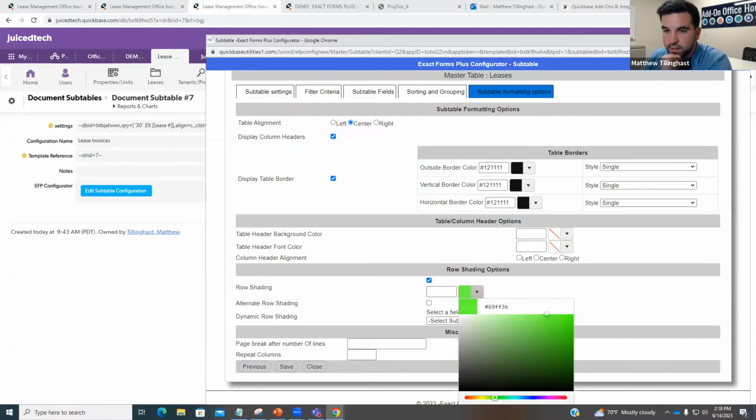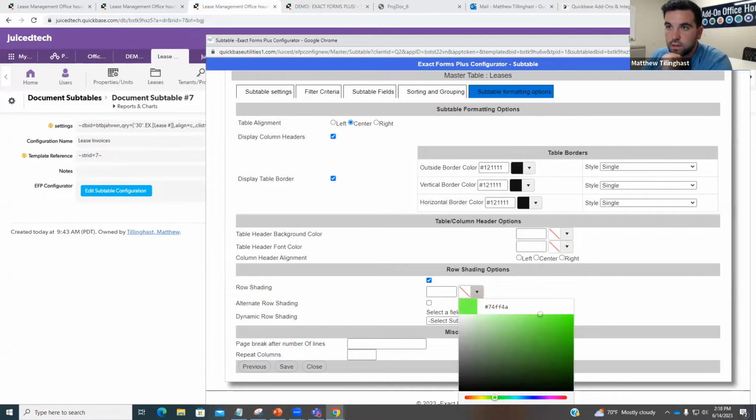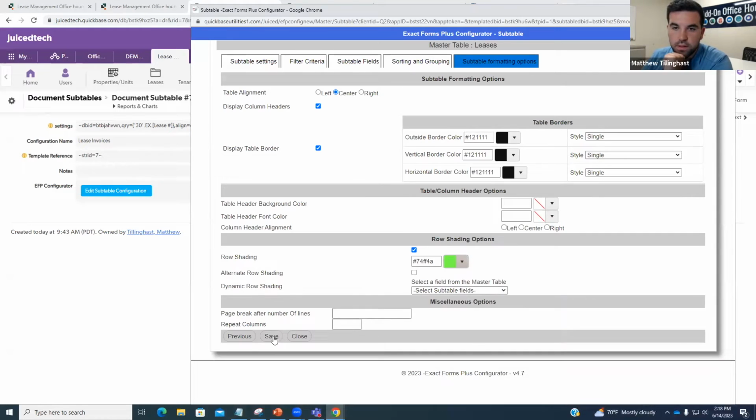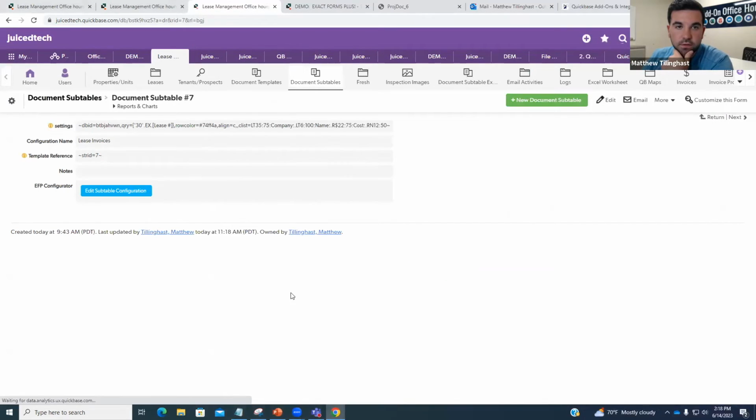Not sure if that color scheme works at all, but no one ever said I was an artist. We'll go ahead and click save. Subtable configuration has been saved, and close. So as I said before, and I wanted to mention that, see how the setting string had dramatically changed? Now, in most exact forms plus cases, that would apply as long as your strid did not change. This strid is identified on the document, and I'll show you guys that in a second. But in this use case, you do have to grab that whole setting string,